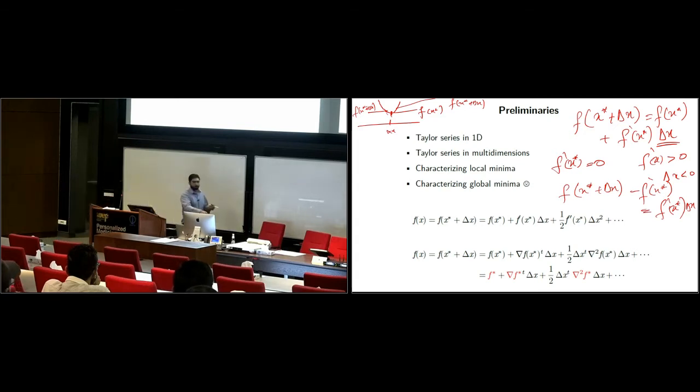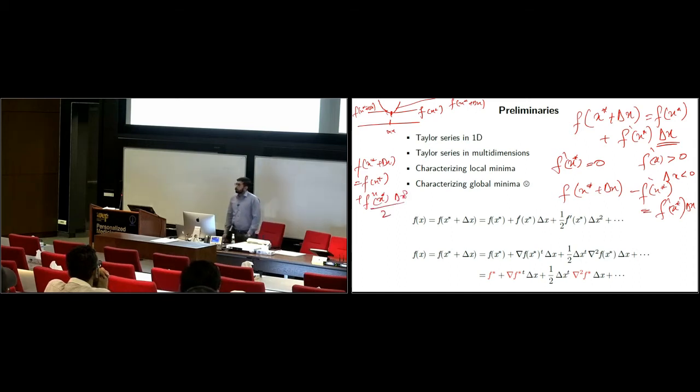You can make the same argument about the second derivative. So I have assumed, let's assume again, that it's a minima. We have already established that the derivative has to be 0. So now we can just write the approximation of the function as this: f of x star plus delta x is equal to f of x star plus the second derivative of f at x star times delta x square divided by 2.